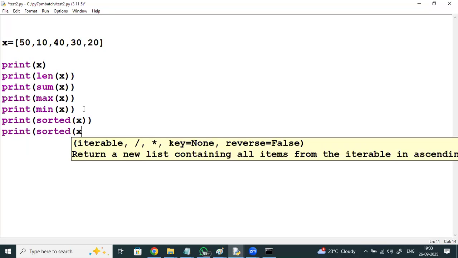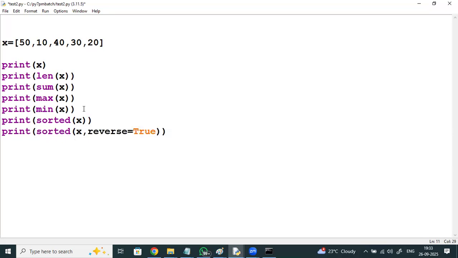Sorted of x, comma, reverse equal to true. Run it, run module.